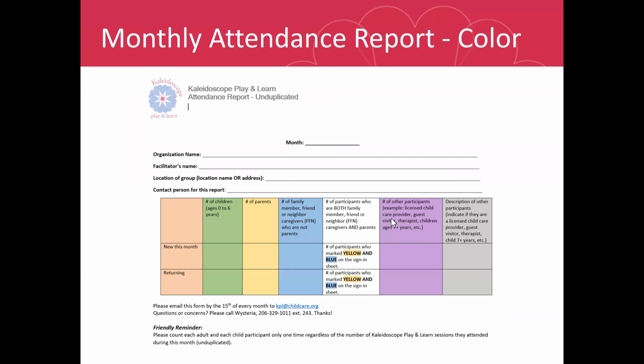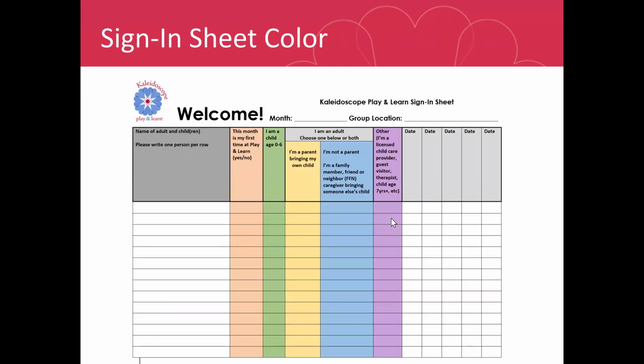And here we have an example of a monthly report in color. It is color coded, and we provide these. They should be in the files that came with the flash drive. Your organization should have it. If you don't have it, you can let us know. So it's color-coded according to each category that I mentioned, and it coordinates with the Signin Sheet. So each color coordinates together. So we provide the monthly report and Signin Sheet in color codes so that it's easier to fill out.